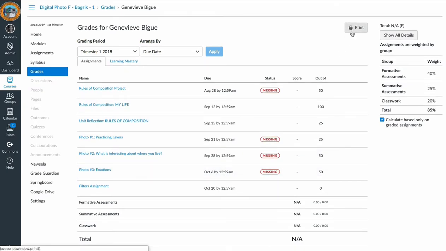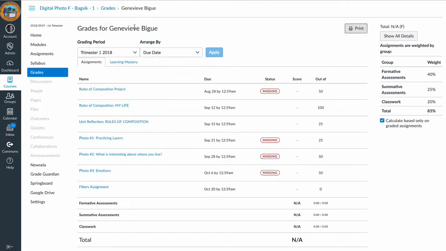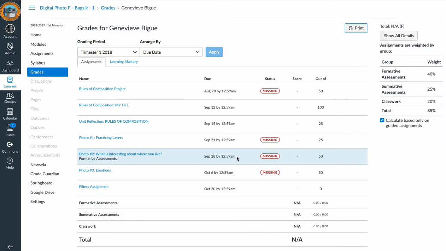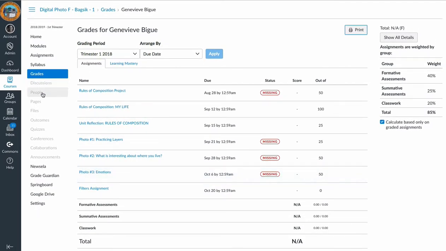And this is when I would click on the print button and choose to save it to PDF and click save and save a copy of that. Now it's important that once you've added them, you also have to remove them from the course once you've gotten this report. So then go back to your People tab,